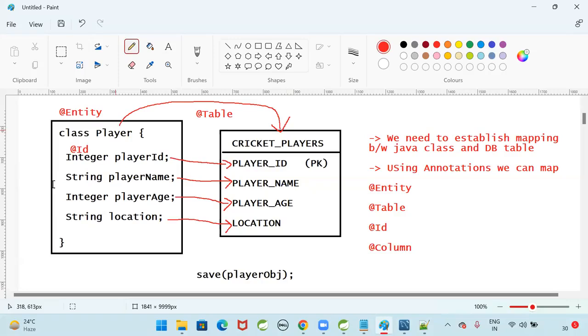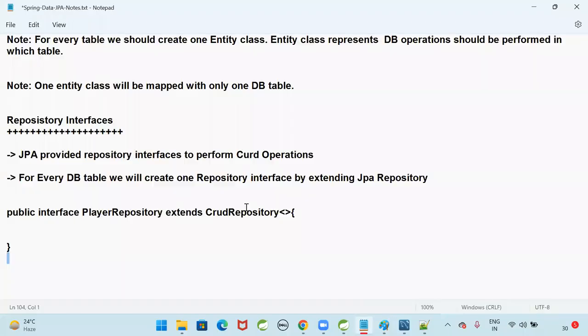Now, along with the entity, we need to create one repository, so that we can call the methods. Here I am extending the properties from CRUD repository. So this CRUD repository should use which entity? When I call the save method by using CRUD repository, in which table does it have to perform the operation? Here, we need to specify the entity class name, and we need to specify the primary key data type. That's it. If you just create one repository interface like this, then you can perform the CRUD operations,